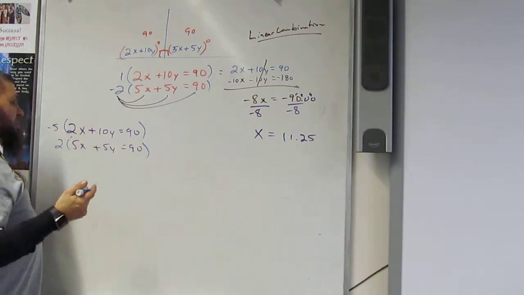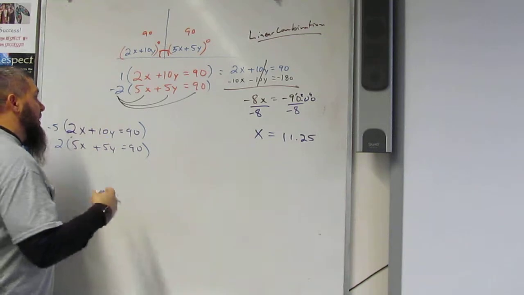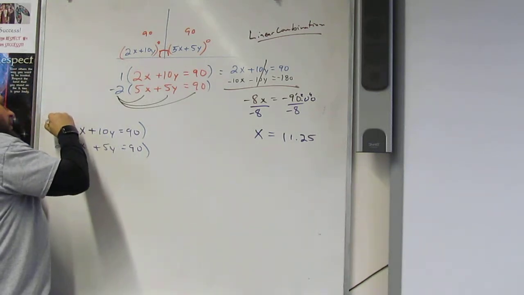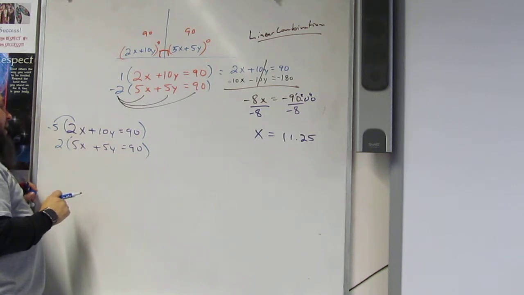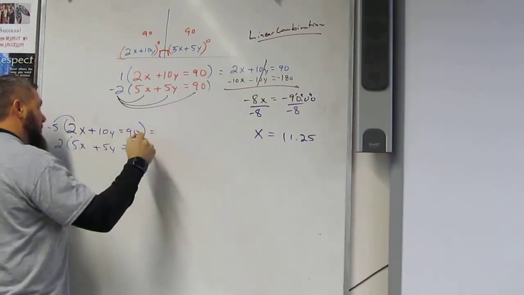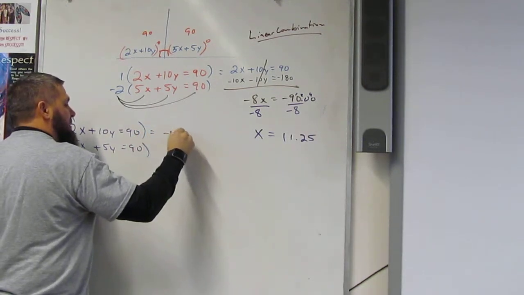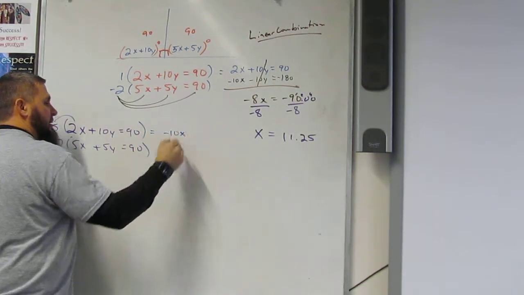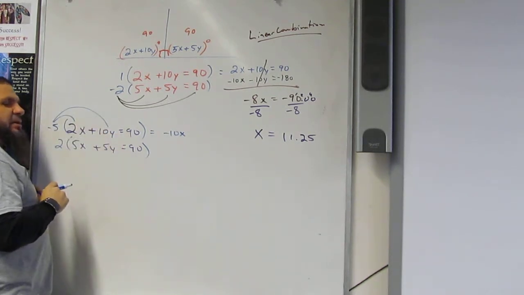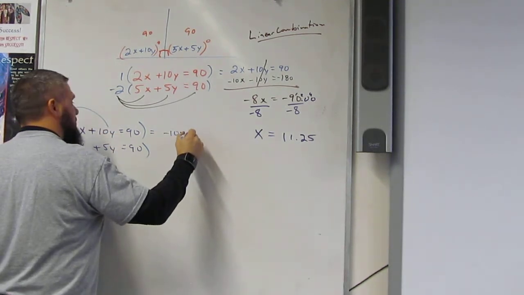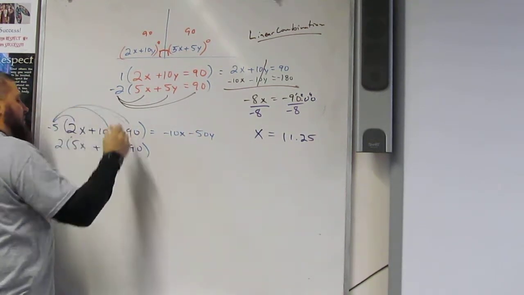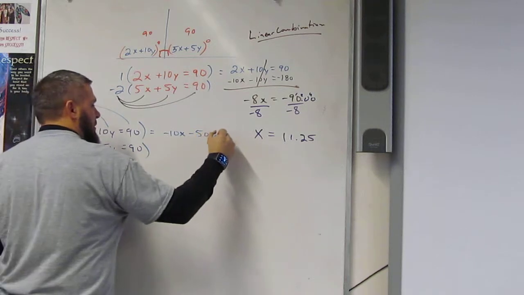Okay? So I'm going to choose the top one just because I did the bottom one last time. I like it on top. So I go like this, and I say negative 5 times 2x, and I get negative 10x. Okay? Then I say negative 5 times 10y, and I get negative 50y. Okay? Then I say negative 5 times 90, and I get